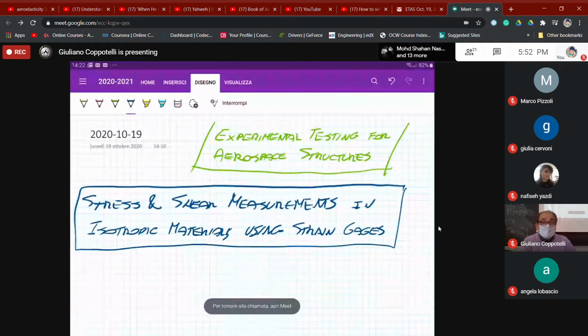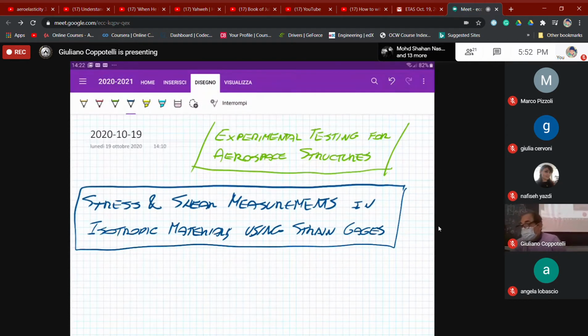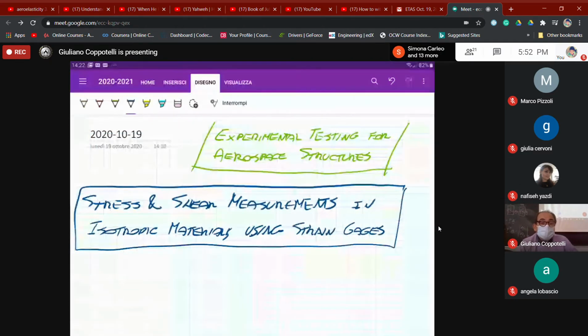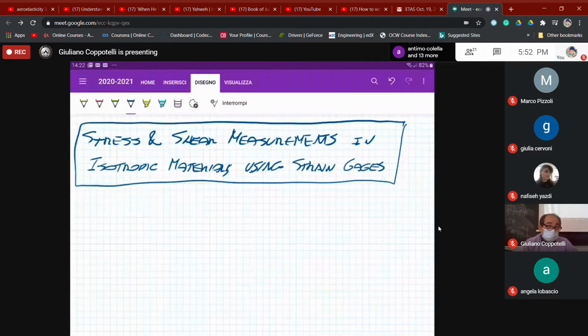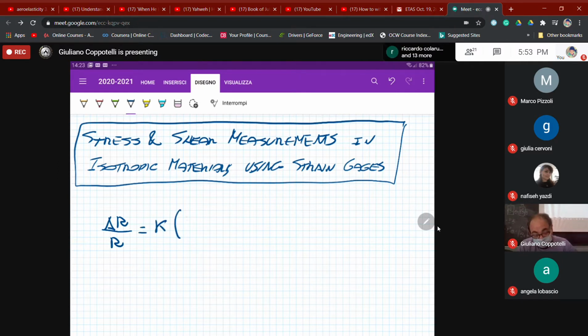Okay, so let's start our class with some ideas on how to use strain gauges for the stress and shear measurement. Now, remember, when we introduced the strain gauge, we noticed that there is an influence of the transverse shear and the transverse strain on the longitudinal direction, which we call the natural measuring direction for the strain gauge. And for that, we defined that the relative change of resistance, delta R over R, was set equal to this equation,